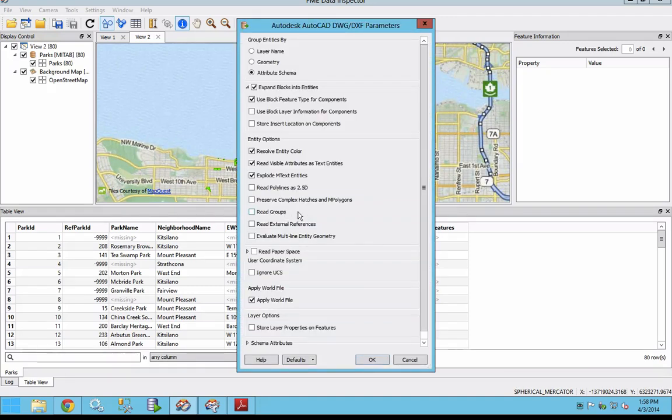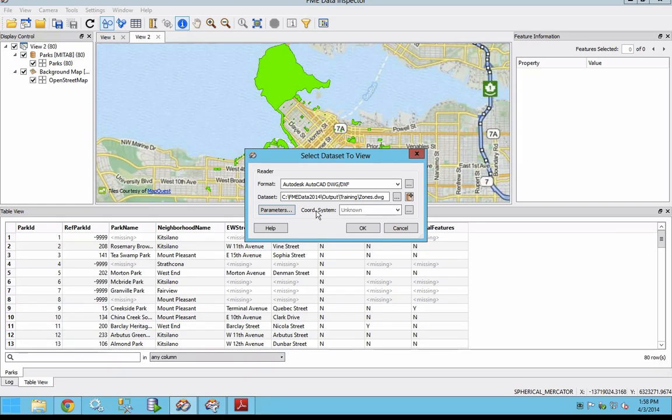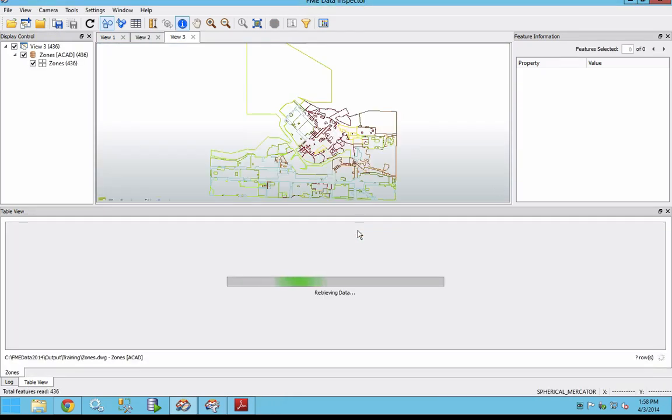You can check parameters. With the CAD-based formats, there's usually a large number of parameters which will affect how data is being read or displayed. And we can set a coordinate system if necessary. CAD formats tend not to have coordinate system information. If I leave that unknown and open this up,